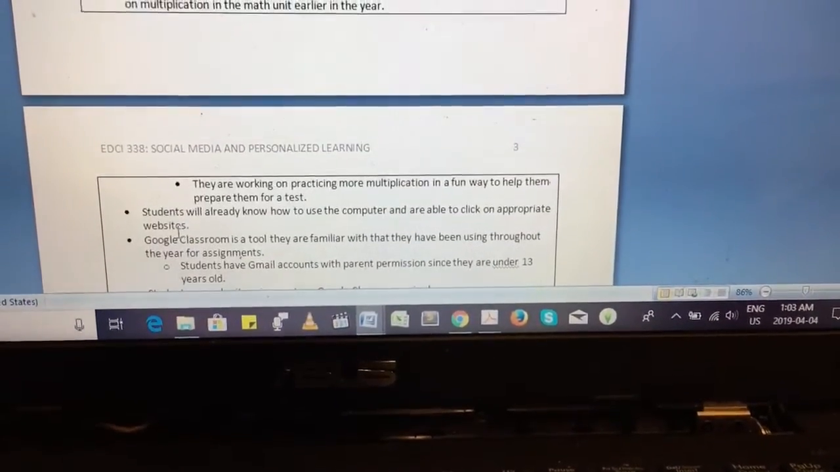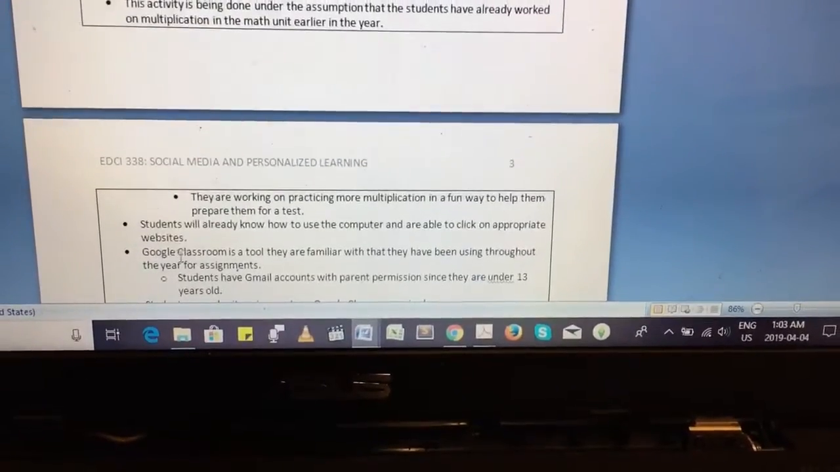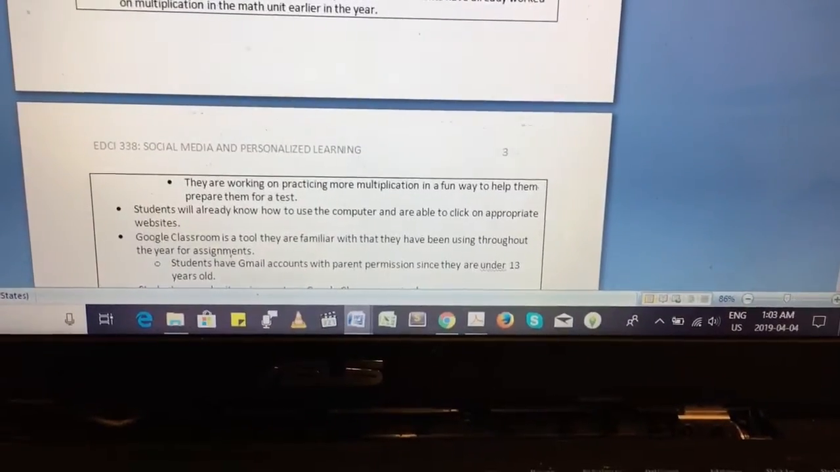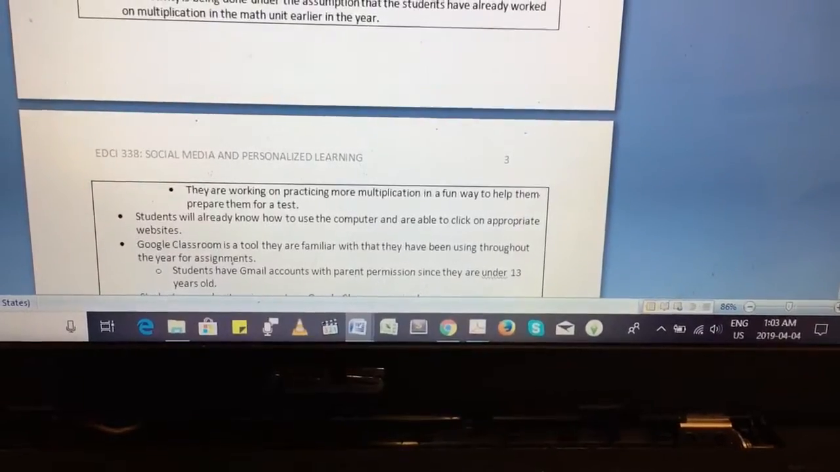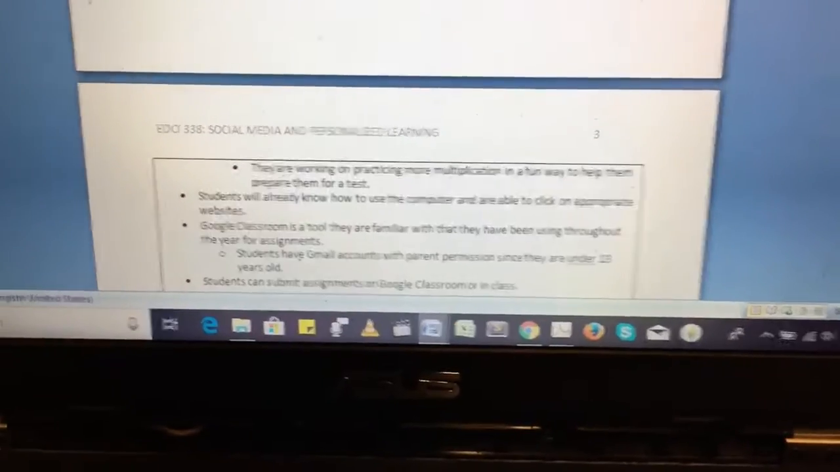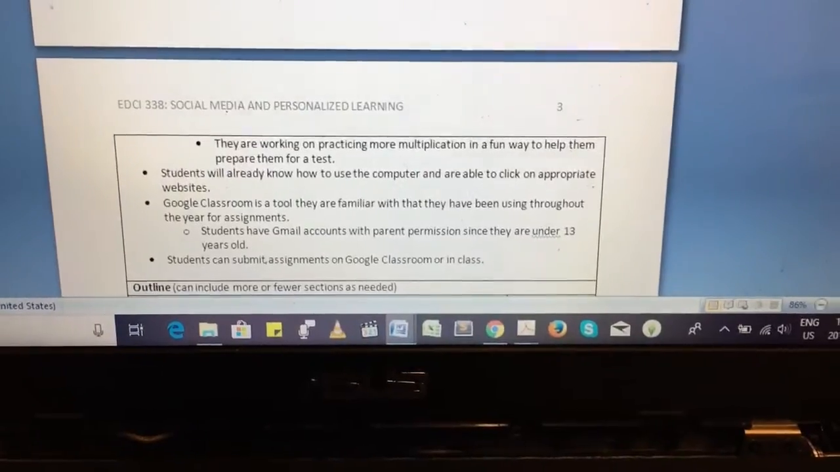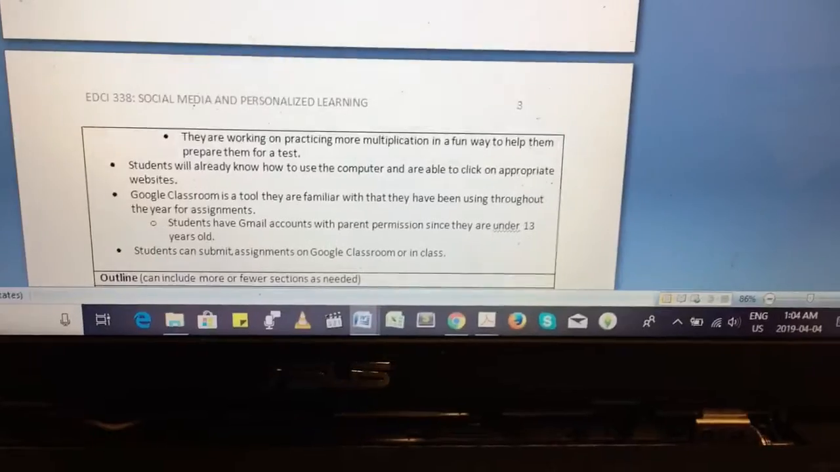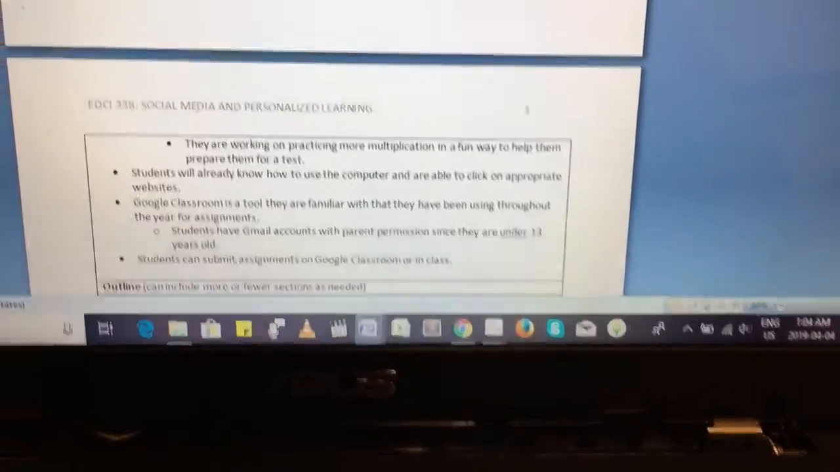They will be looking at Google, and they will be using Google Classrooms. They are able to access this because they have a parent-approved Gmail account, and with parent-approved Gmail accounts, parents can see what their kids are doing. This has to happen because since they're under 13 and in grade 3, they are not allowed to have their own Gmail account yet, so it has to be parent-approved. So Google Classroom is the social media platform we're using for this